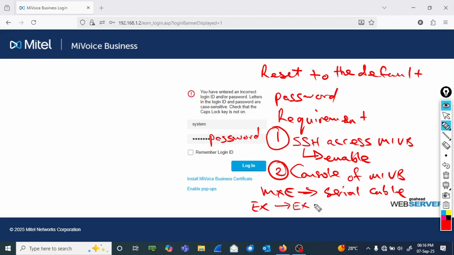You are going to use the EX web page, and then you are going to enable console there, and then you are going to use a VNC application to view the console. So this procedure here is beyond the scope of this video, but you are going to look for a video which shows you how to access My Voice Business console on an EX controller. It is one of the videos on this YouTube channel. Go and look for that video,